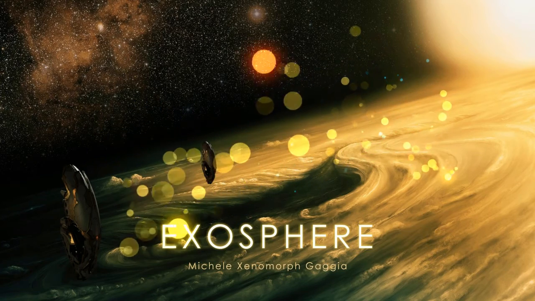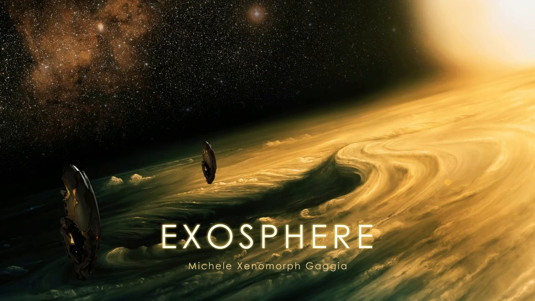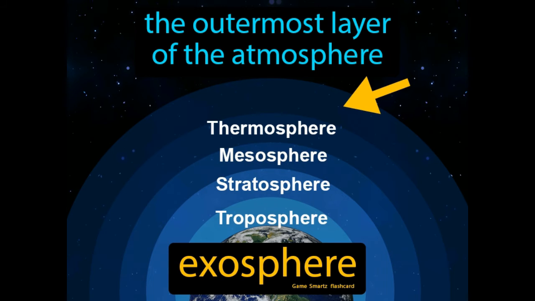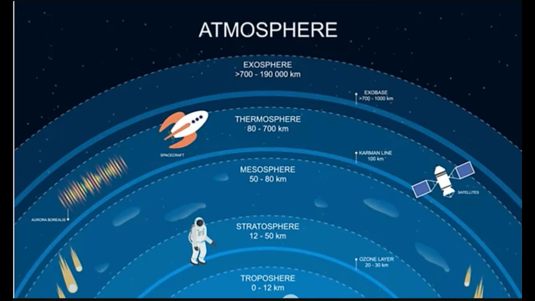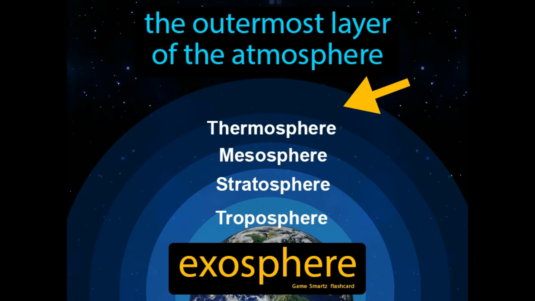Exosphere. Located between about 700 and 10,000 kilometers, 440 and 6,200 miles above Earth's surface. The exosphere is the highest layer of Earth's atmosphere and at its top merges with the solar wind. Molecules found here are of extremely low density, so this layer does not behave like a gas, and particles here